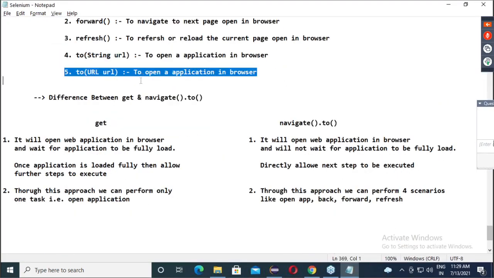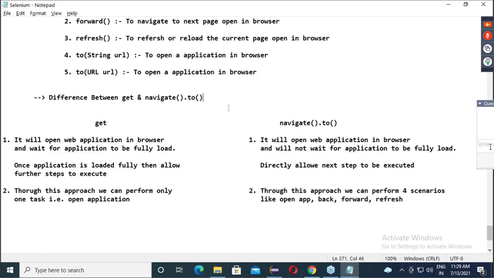Take this fifth method and then the difference. Online people, is everyone clear up to this? Okay.